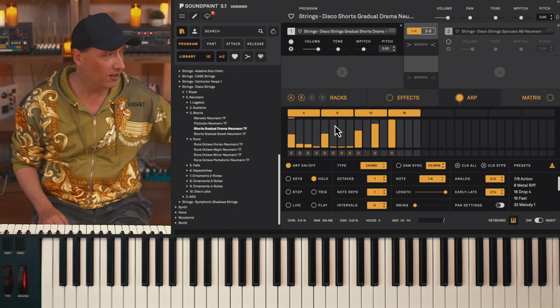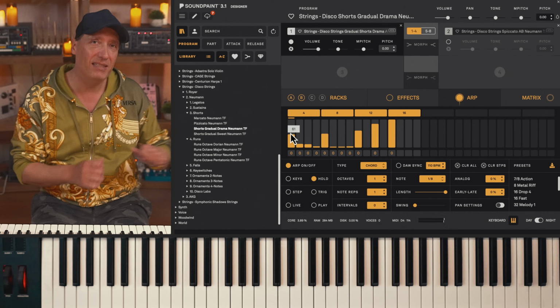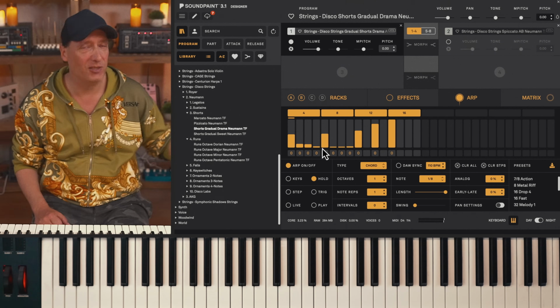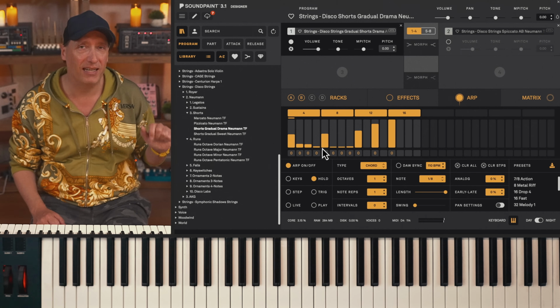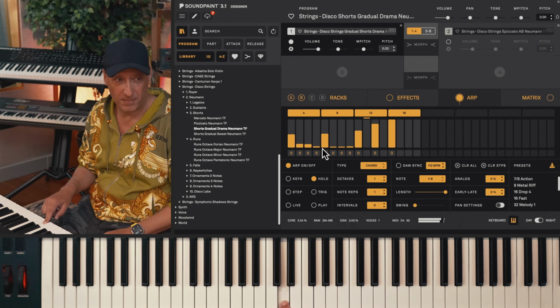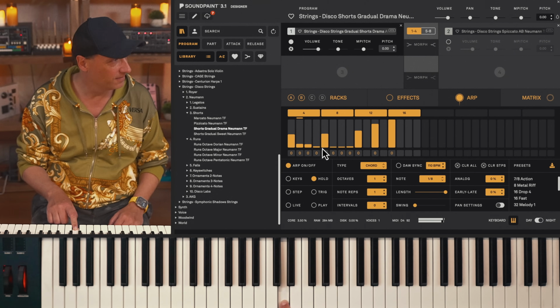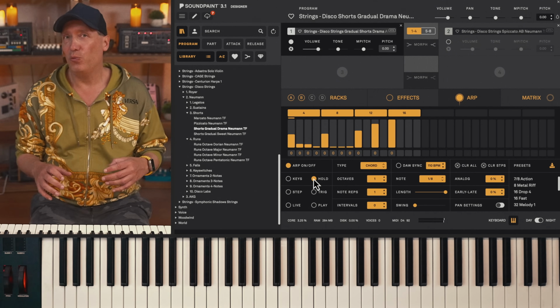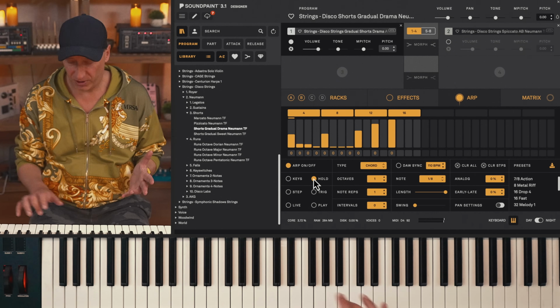So if you notice here, when they're a little bit taller here, that means that the note gets longer, and when they're all the way down here towards the floor, that's when the note is the shortest, very brushy kind of spiccato. So for example, so we can control the length of the bow stroke.